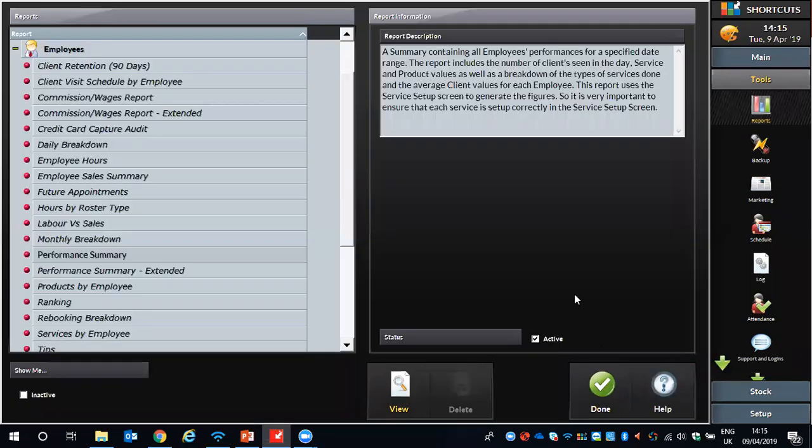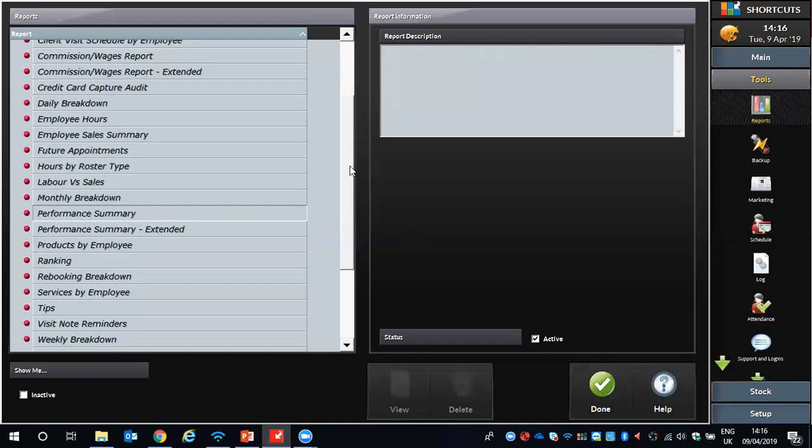Now, another one I'm going to look at, again, just to sort of break it up here a little bit, I'm going to look at something a little bit more light-hearted, and this is a good way to generate sort of friendly competition within the salon. Okay, so we're going to look at ranking. This will show us where your employees rank amongst each other. So if we click the view button again,